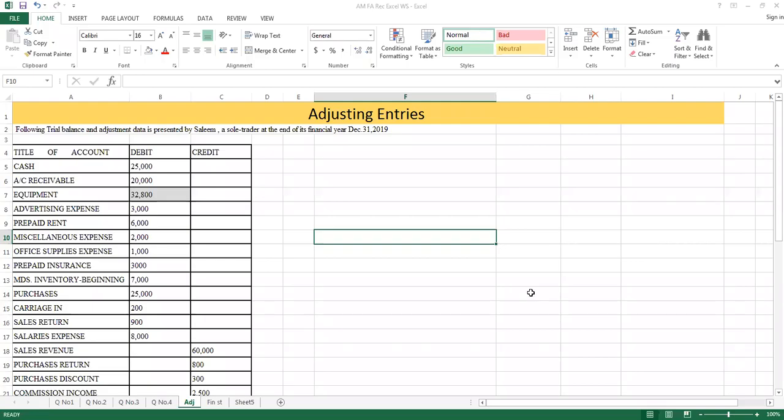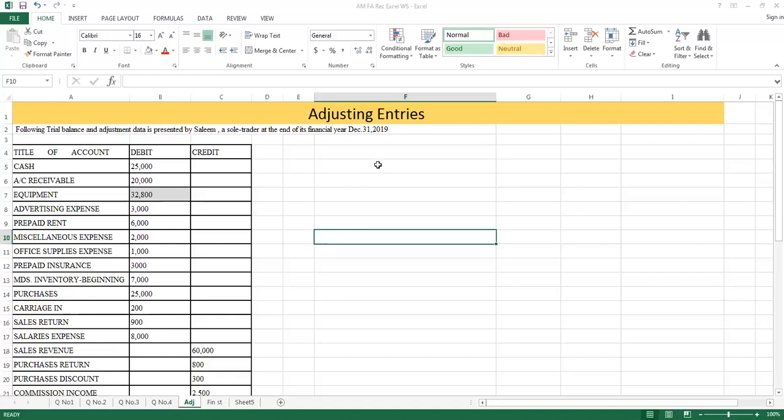Hello students, this is a continuous series of adjusting entries that we make at the end of the year, and I have already taken two lectures on this topic. I hope that you have already covered those topics because this lecture is in continuation. Unless you have gone through the previous two lectures, it will be hard to understand how we are discussing various topics.